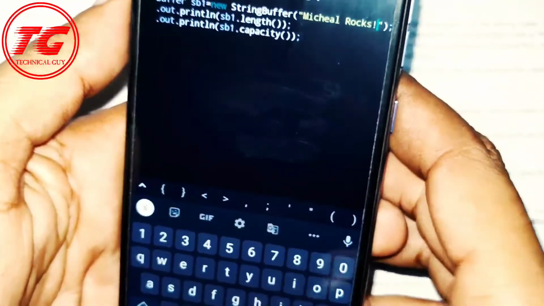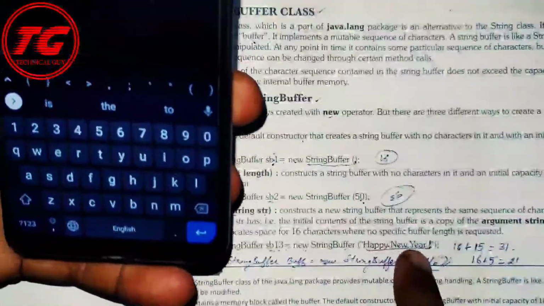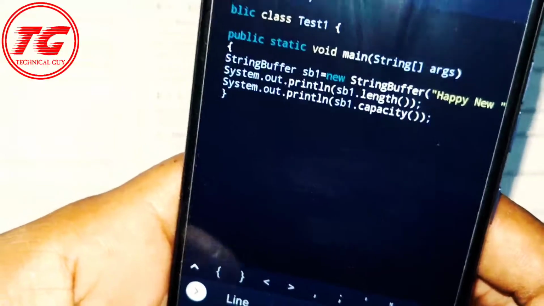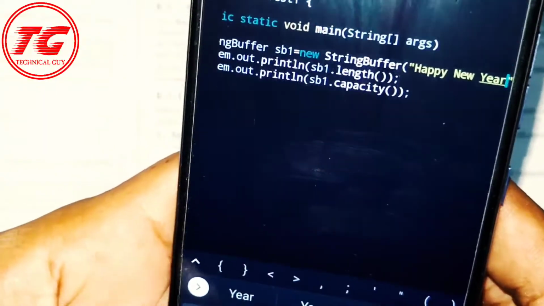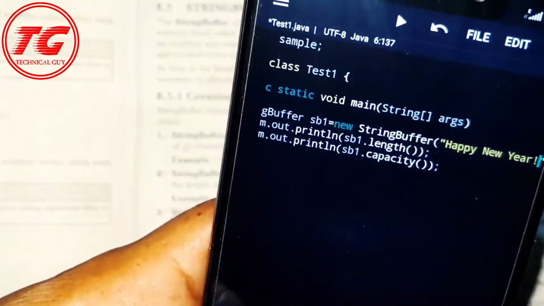So here we can change the content according to the example. Happy New Year, sign of exclamation. So here we will write Happy New Year, and the sign of exclamation is there.